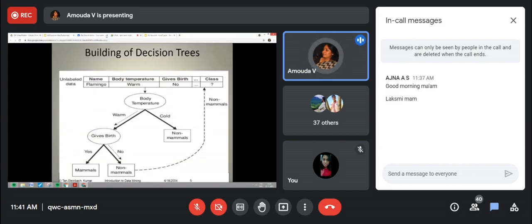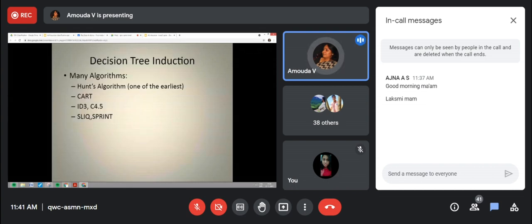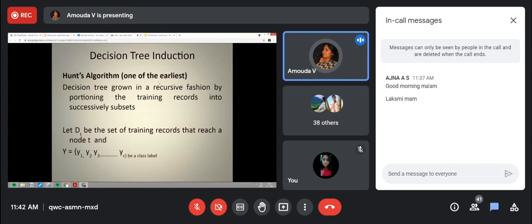Now, after seeing that, I told you that this is the basic technique of splitting the attributes for different if and then or decision. We pose a number of questions, select the attribute on which we make a question, and then split. According to the decision tree induction algorithm, we call this Hunt's algorithm. We have many algorithms. In practicals, you're going to do ID3. Hunt's algorithm is one of the earliest and very simple algorithms. We'll see what that algorithm is.